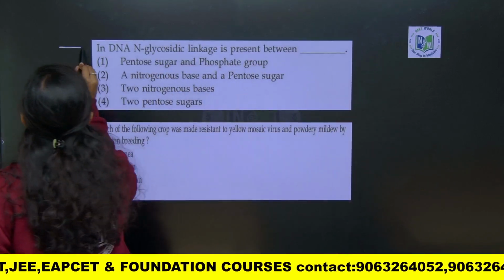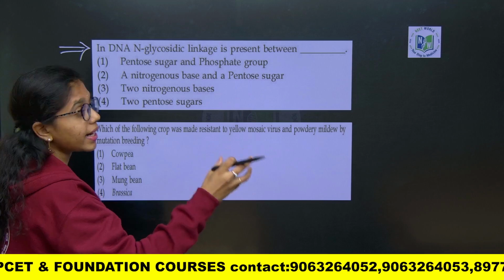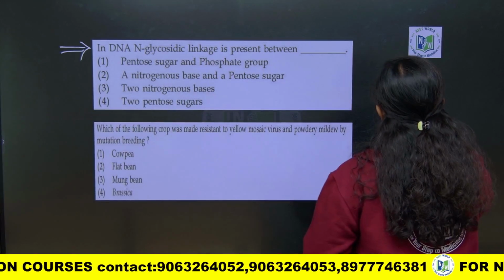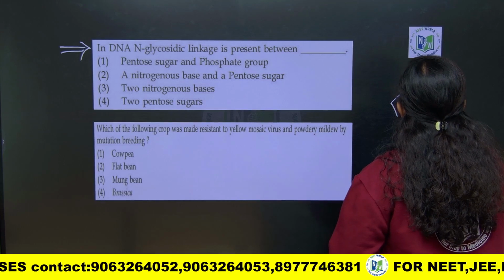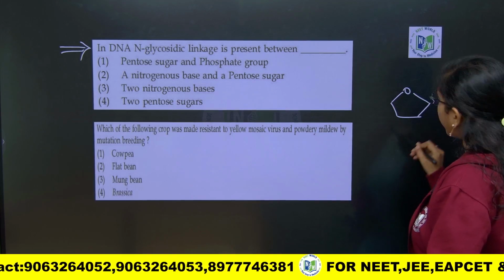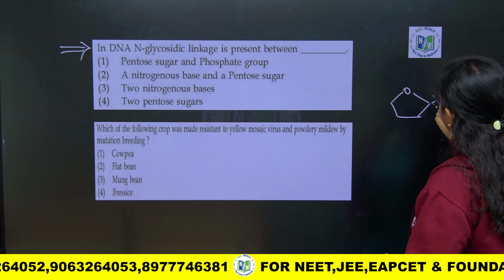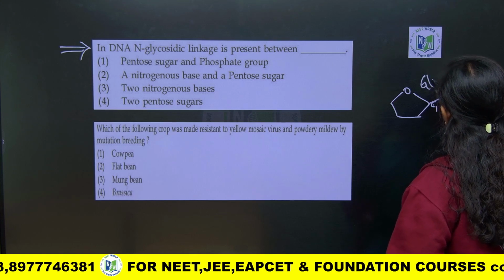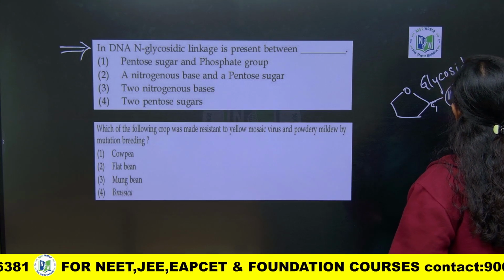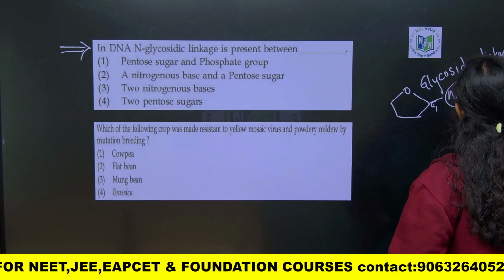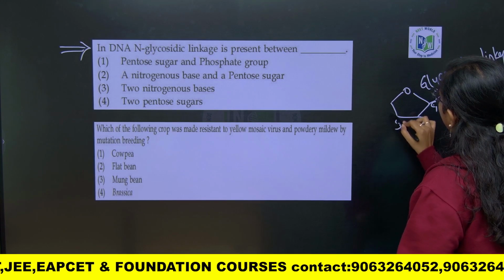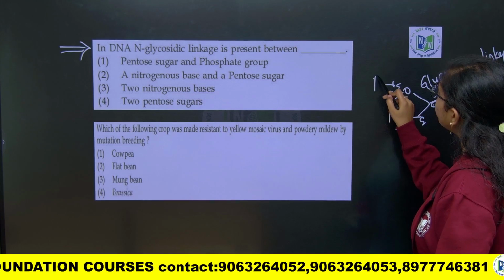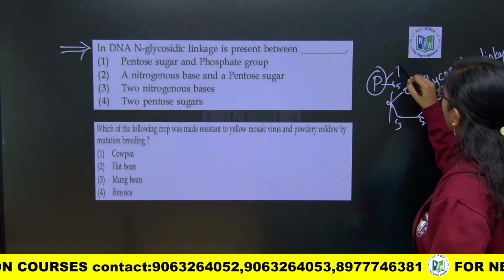Next question, if you look into beta, in DNA, N-glycosidic linkage is present in between. Let us quickly look into the nucleotide ones. So C1 of this pentose sugar is attached to the nitrogen base by what linkage? Glycosidic linkage. And carbon 2, this is 3, 4 and 5th carbon. The 5th carbon is attached to the phosphate group by